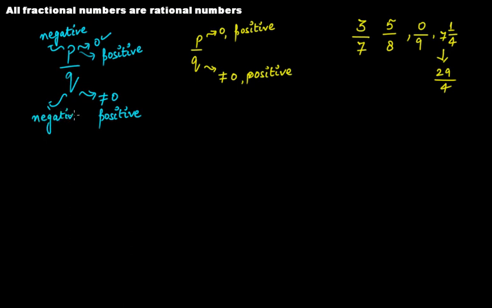Now since it can be a positive and negative integer also, it will contain all the fractions, which surely are going to have either 0 in the numerator or a positive integer. Similarly, the denominator will have a negative integer, a positive integer. So clearly this is actually a rational number. Yes, fractional numbers are rational numbers. Okay,